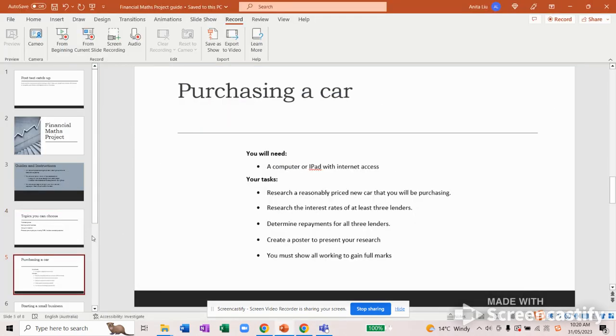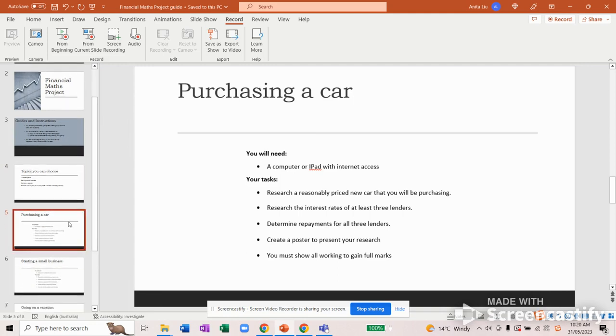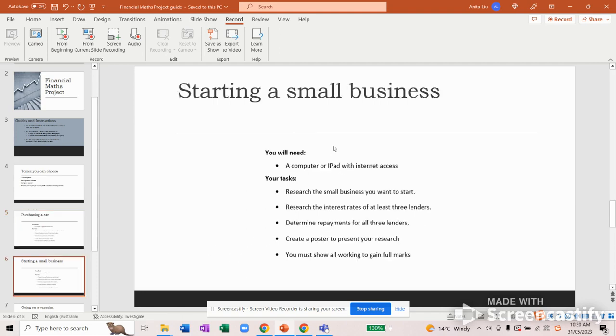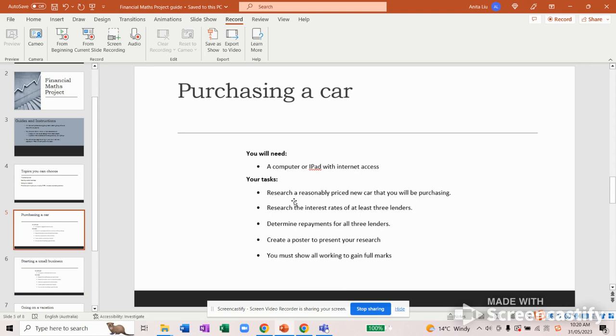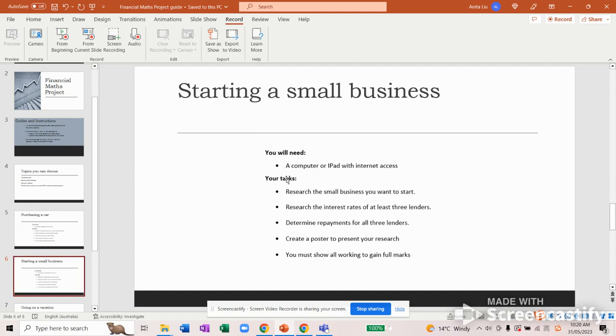So for purchasing a car, there will be a much more comprehensive assignment besides these topics, but I'm just going to show you, for each of the topics you might choose, what type of question you can expect. For purchasing a car, you're going to research a reasonably priced new car that you would purchase. Then we continue with a question related to simple interest, and then related to the repayment. For starting a small business, you're going to research the small business you want to start,